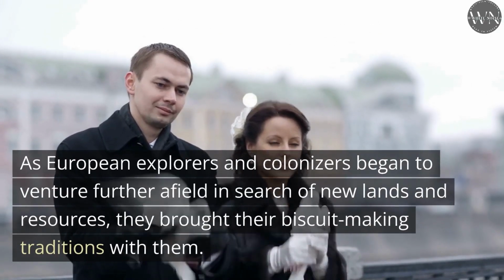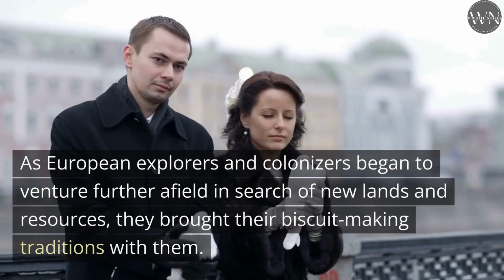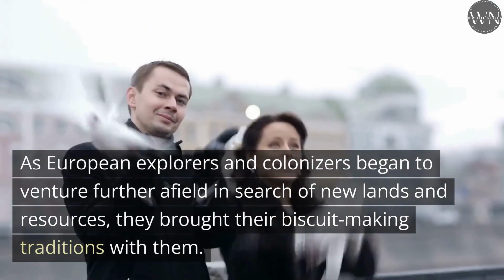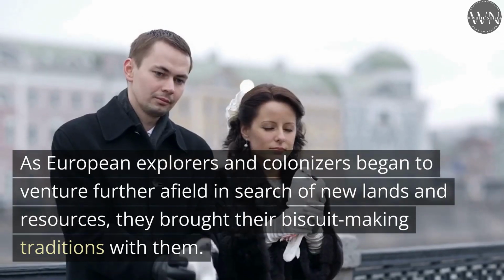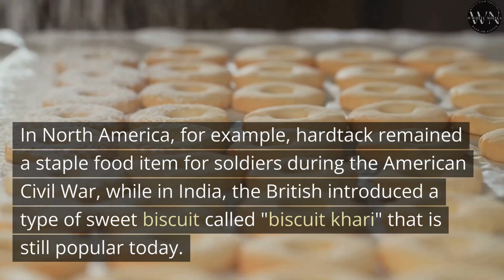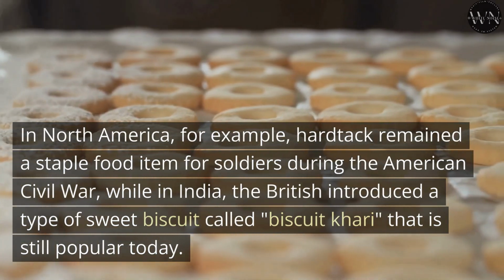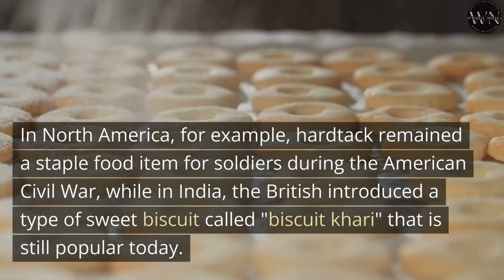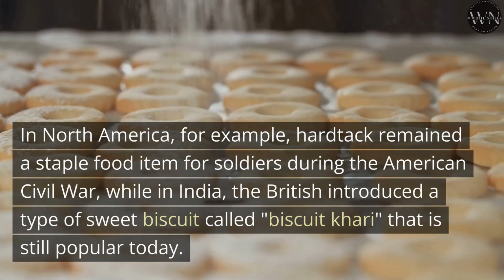As European explorers and colonizers began to venture further afield in search of new lands and resources, they brought their biscuit-making traditions with them. In North America, for example, hardtack remained a staple food item for soldiers during the American Civil War, while in India, the British introduced a type of sweet biscuit called biscuit curry that is still popular